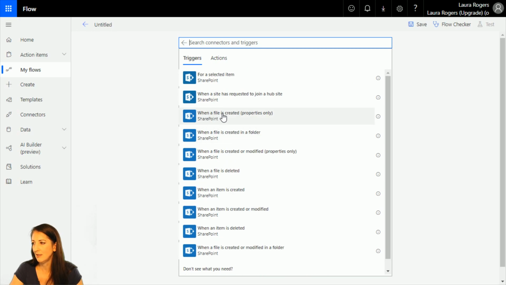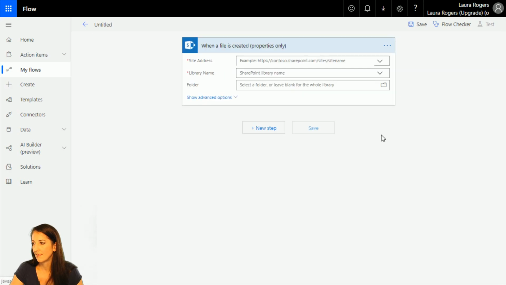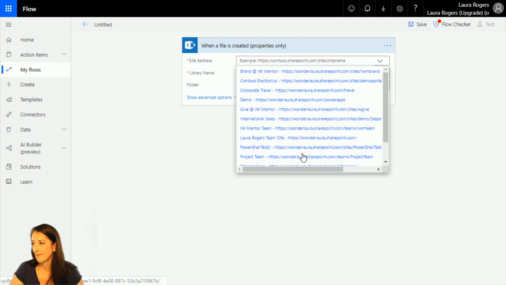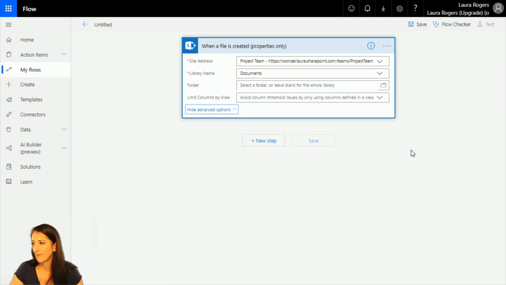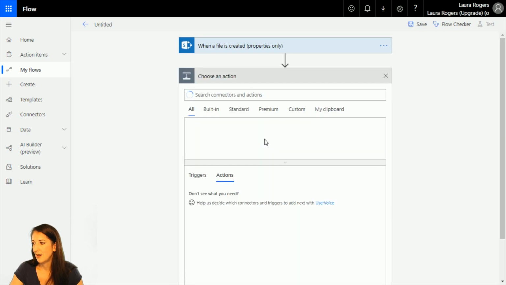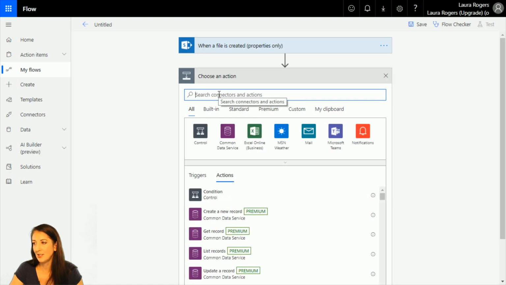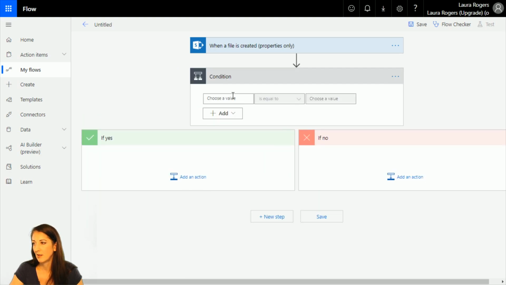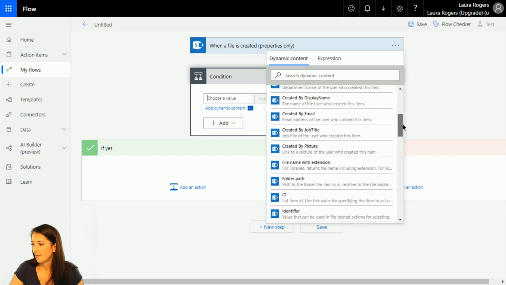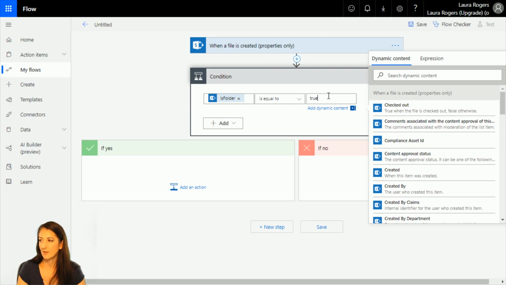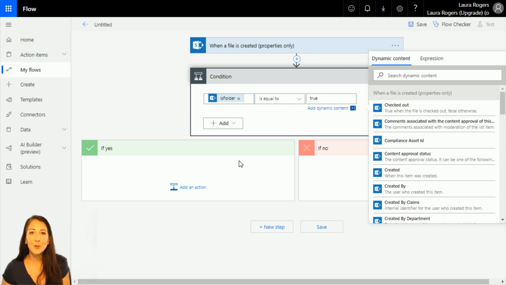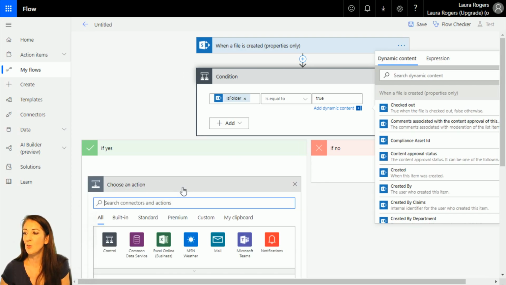When a file is created. And then it has to check to see if it's a folder or not. Is folder equal to true. All right, if is folder is equal to true, then it will do what we want it to do. Otherwise, it's not going to worry about it. So if it is a folder, then